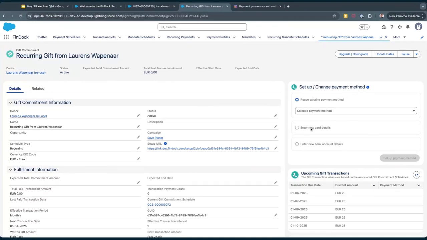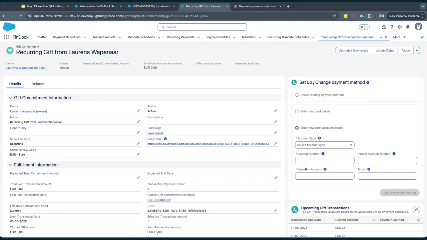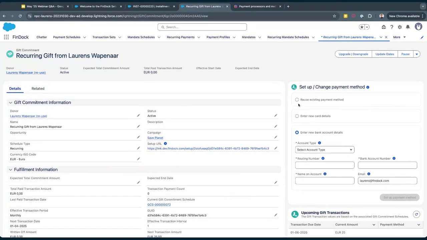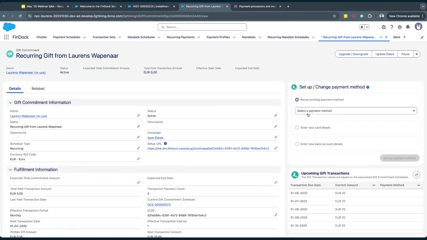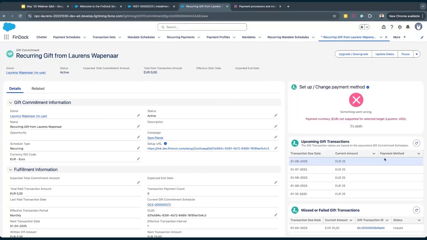Now we could choose to set up new card details or enter a bank account, but because we are in Salesforce, we also have all the different payment methods that this donor, or this payer, or whoever it is, had set up before. And where before you would only see credit card details here, you now also see bank accounts. So you can ask your payer which of your stored details they would like us to use. You can ask this on the phone, in an email or an SMS. And when they say, I'd like to use my bank account ending in 7729, you select it, press the button,